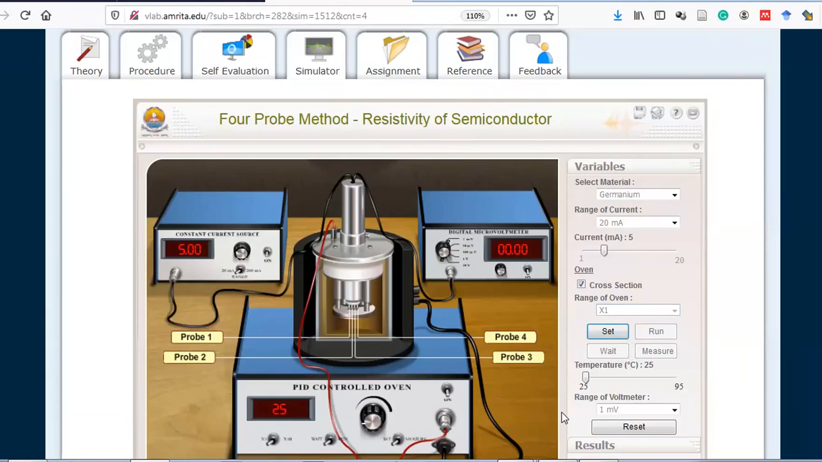You click on that set button, and right now you see the temperature is by default at 25, but you can go up to 95 degrees also. There is an interval of 5. So I suggest you people take the reading at every interval, like 25, then 30, 35, 40, 45, like that you go on. And how to take the readings, because in the procedure itself they have given